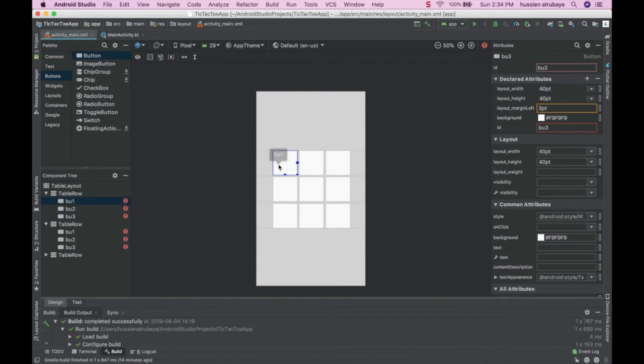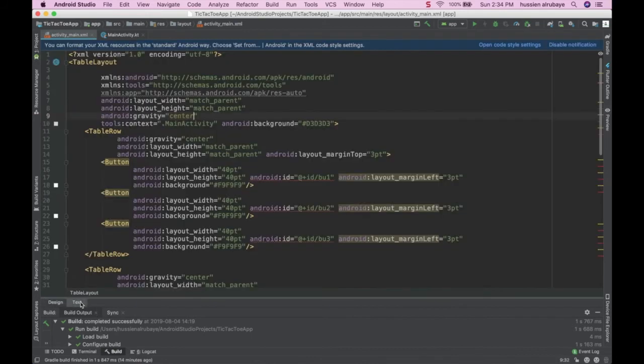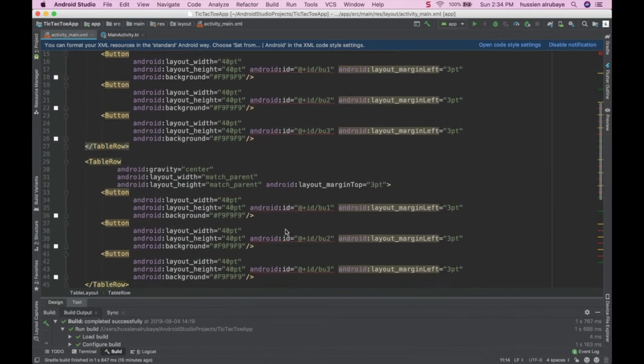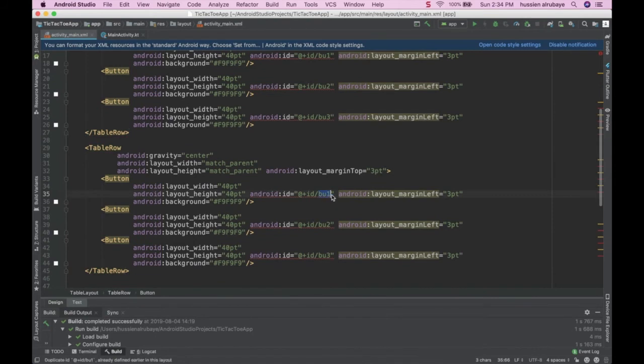Make sure, okay, again BU1, BU2, and BU3. And you could give them IDs in different ways. This is how we give it through using the layout. You could use the direct code to add IDs for the button. For example, this row, you could say the second row will be B3, B4, B5,